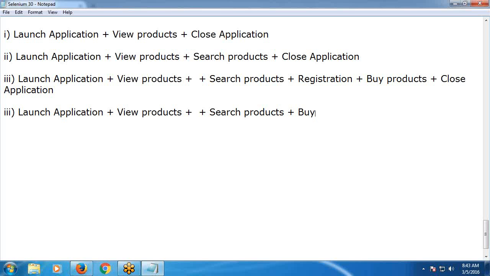Buy products. During buy products, it asks for login. Suppose you already registered. See, in the previous visit, you already registered. Just log in and check out, close application. Next,